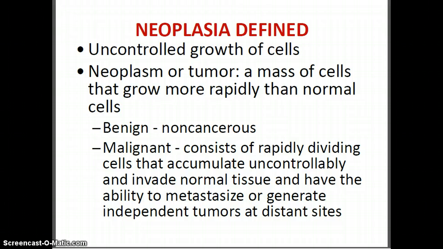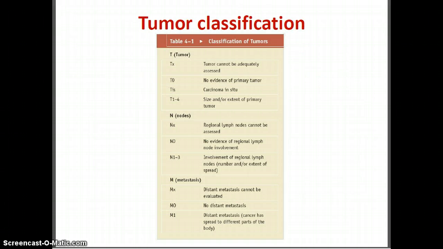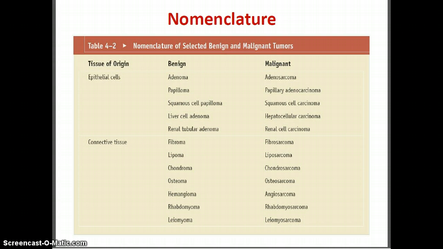Here's the definition of a neoplasia. Neo means new, plasia means growth, and this describes both benign and malignant. Make sure you know these basic definitions. Here are some classifications of tumors, whether there are nodes, whether it has spread, whether there's metastases. Some of this classification may be changing and updated, but these are the important terminologies on how to classify as they exist right now. And of course, these data are in your textbook as well.